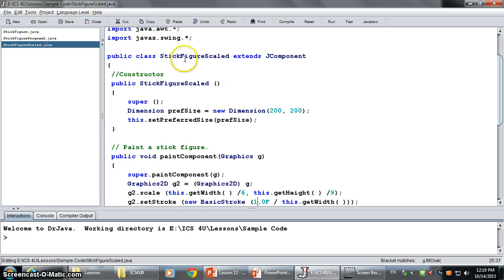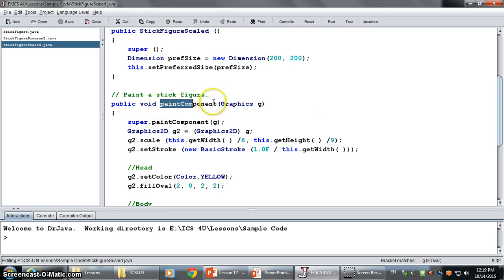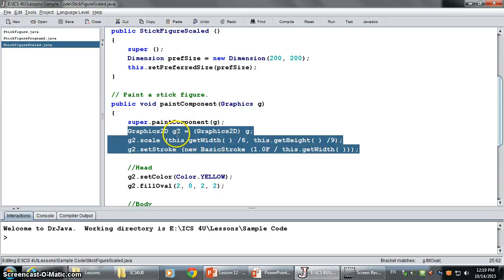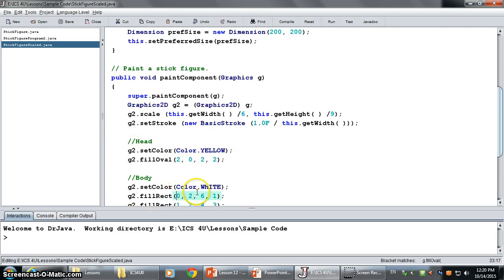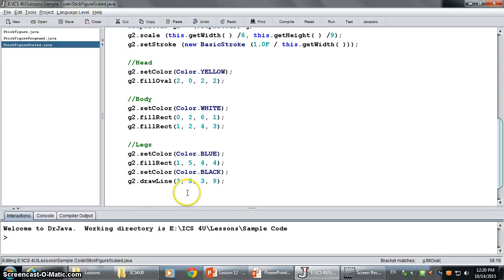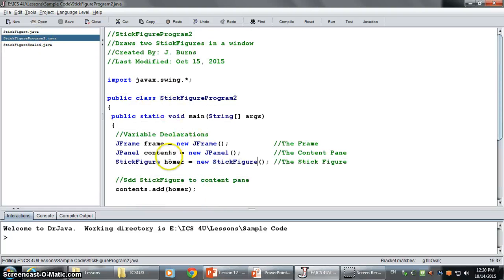So here I've got my stick figure. Again, I haven't changed anything. The only thing I've changed is in my paintComponent method, I've now added in the code to allow me to come up with a setStroke. And now when I do all my drawings, I use the Graphics2D component that I created, and all I have to do is fill in the numerators for each one of those values. So if I were to try and compile this,